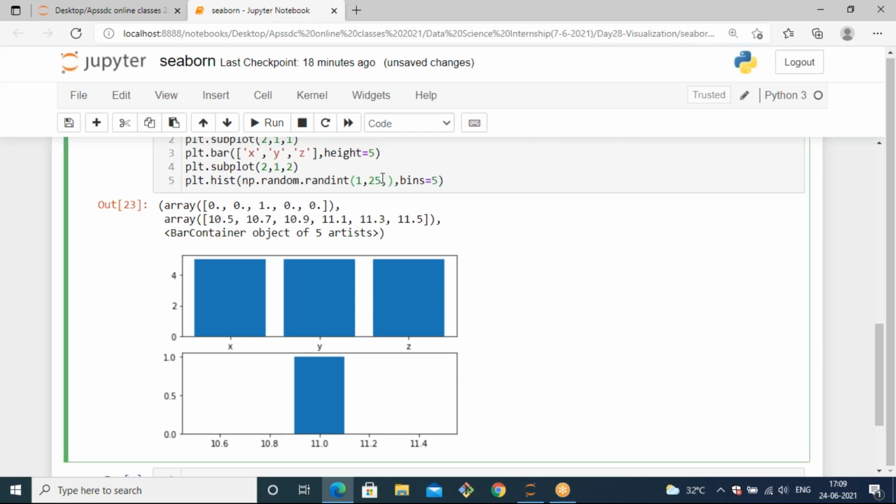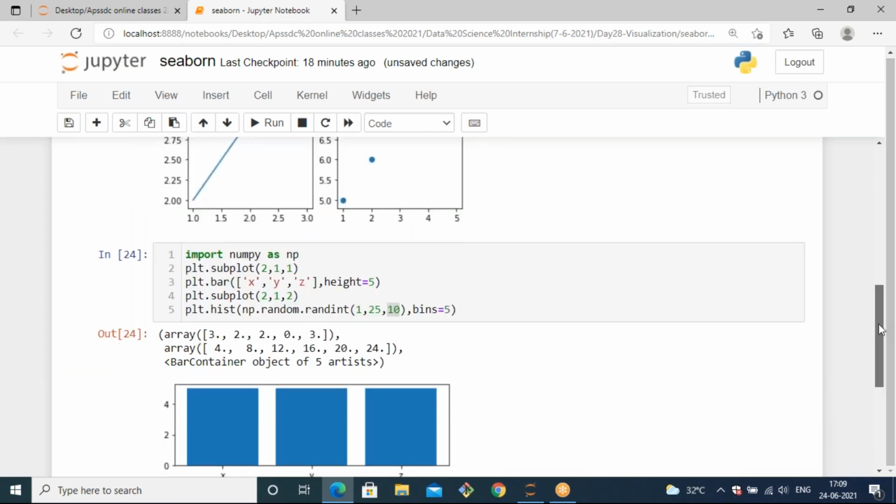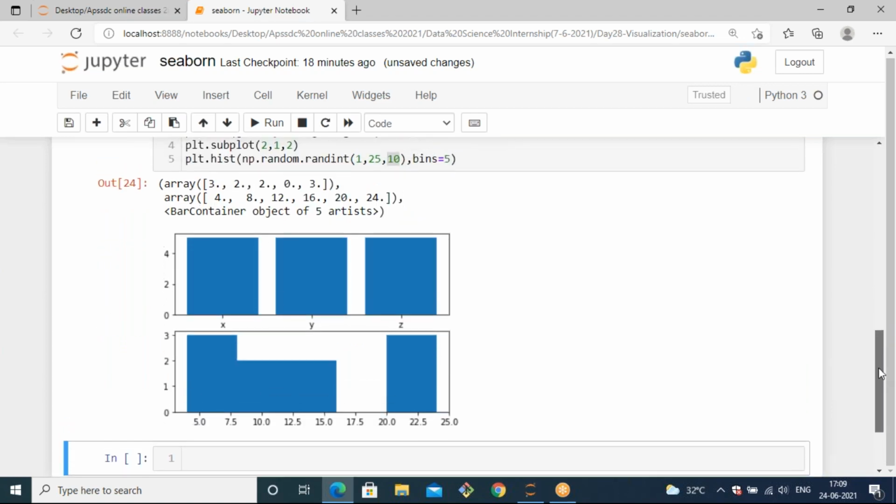Yeah, every time it will generate only a single value. That's why I'm getting only one value. We need to pass one more parameter. So in between 1 to 25, I want to generate 10 values, so I need to mention the size parameter also. When I mention bins as 5, with respect to that, it will generate